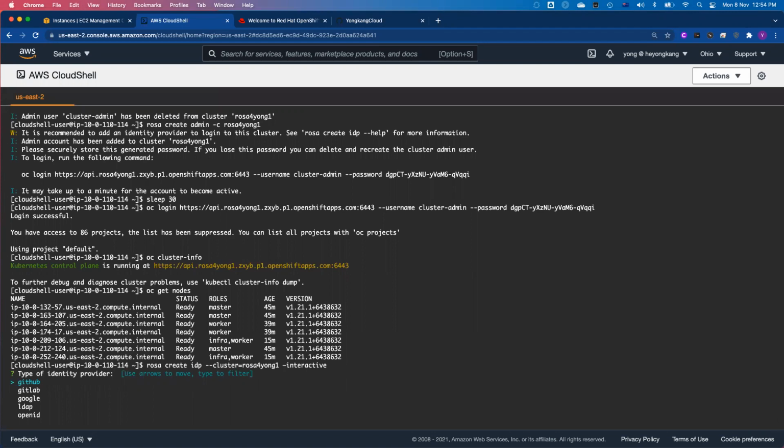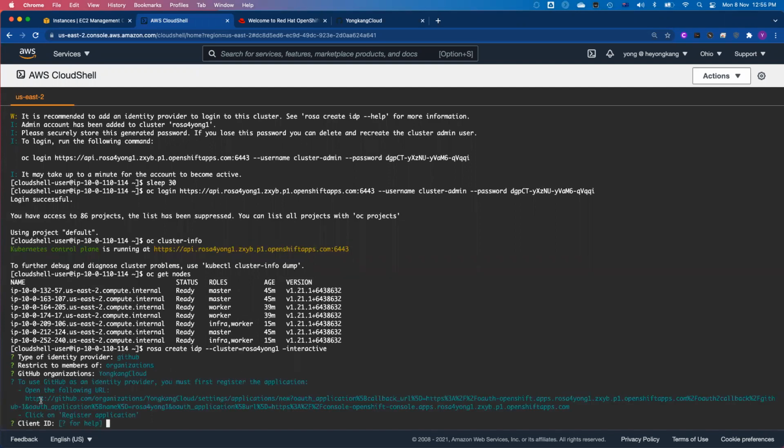I'm actually using GitHub, so press enter. Choose the organization. So I use the organization. For the GitHub organization name, my GitHub organization name is called Yongkang Cloud. Press enter. And now you are asked to